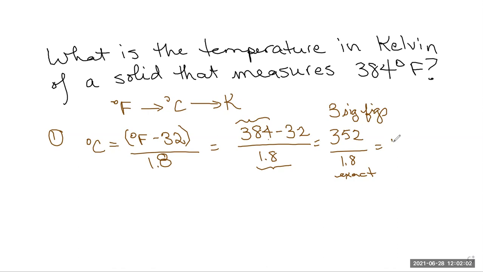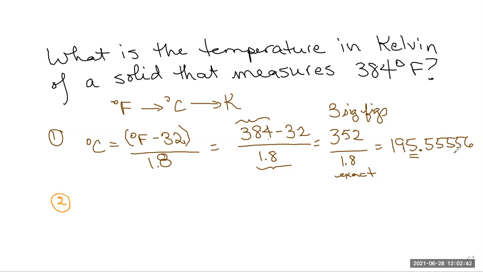Okay, so you get 195.5555. That's actually what I have in my calculator. Oh, I'm missing a 5. 56. Okay, but since we want 3 significant figures, I'm going to double underline it. I'm not done with my calculations. I want to keep track of what's happening. My second step